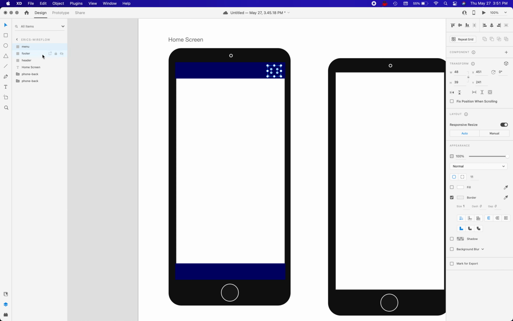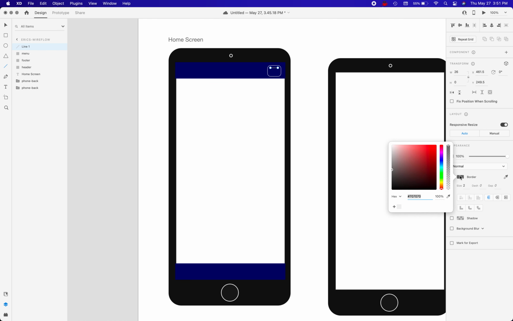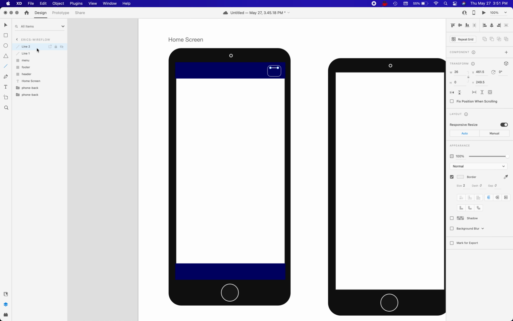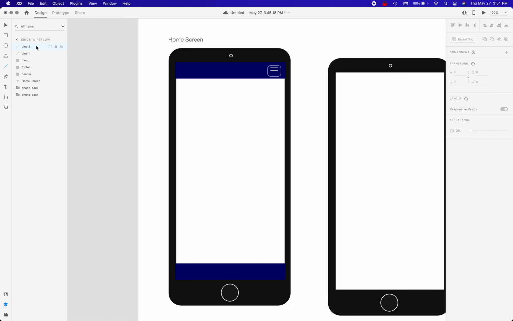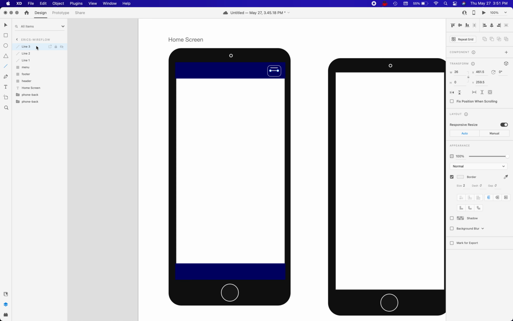There we go. And I'm going to use the line tool to create a line. And we'll put that right inside the menu. I'm going to change the size of that to 2, just so it's a little bit thicker. And we'll use the same color that we used before. I'm going to duplicate it by selecting it and doing Control D. Duplicate that out. And then I'm going to select the second line and duplicate that out as well. So that is Command or Control D. Now I've got my